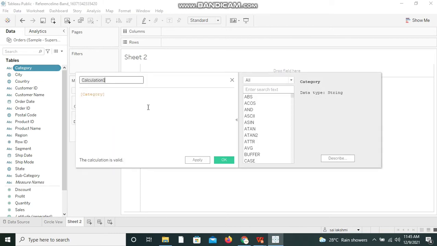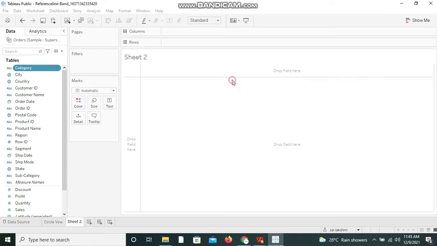And this way also you can create a calculated field. So this automatically takes the dimension on which you have clicked on create calculated field option, and I'm closing this window again. You can create a calculation on top of measure also.